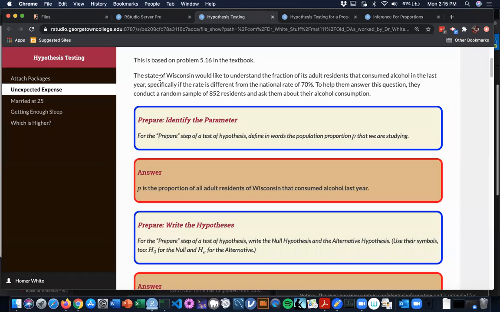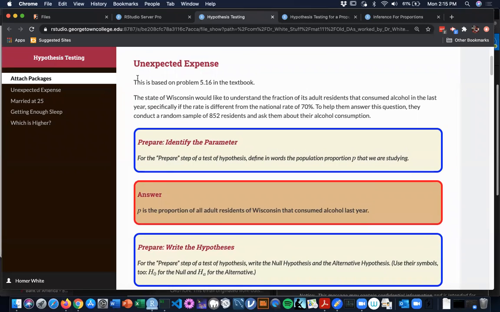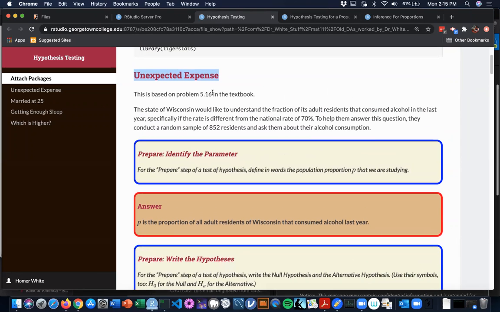So, first one, unexpected expense. That's actually a bad title, and I think I should change it. I should call it maybe something like alcohol in Wisconsin. But